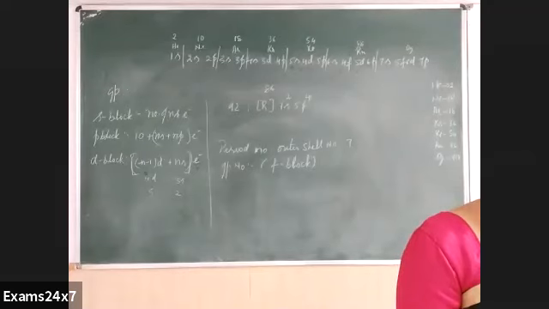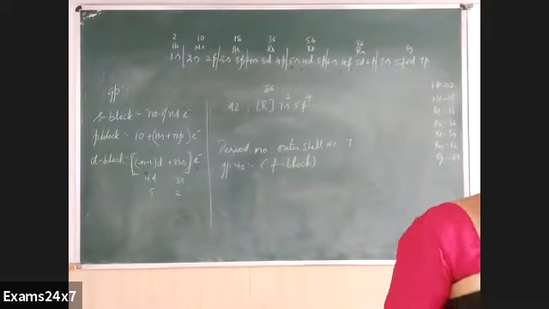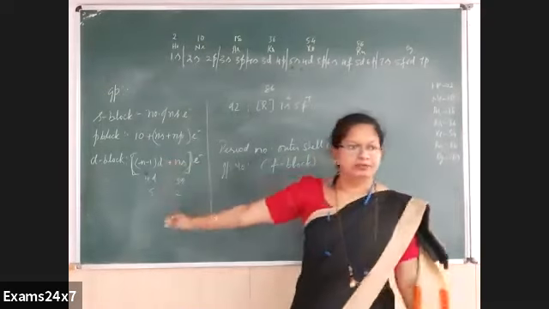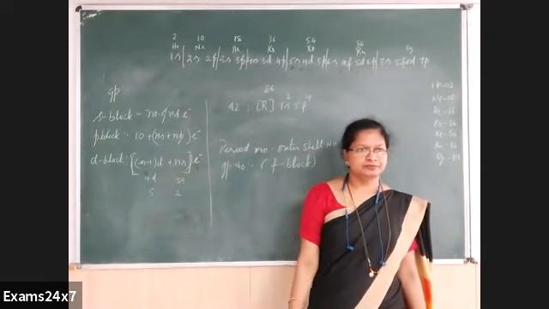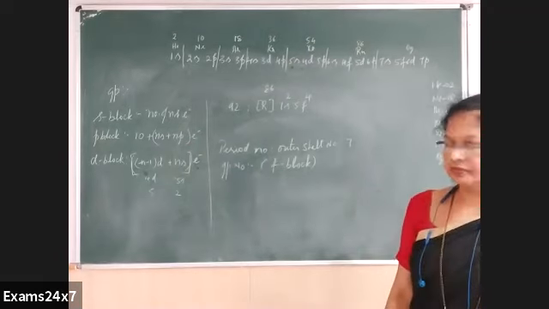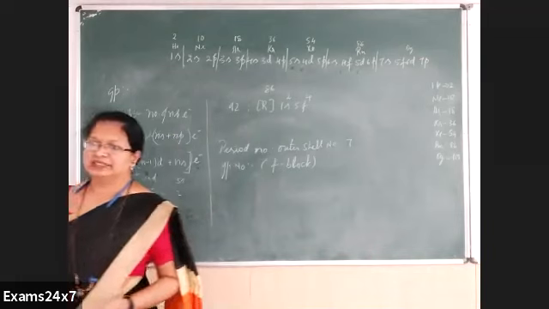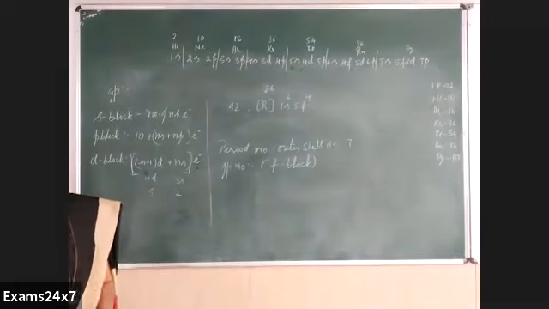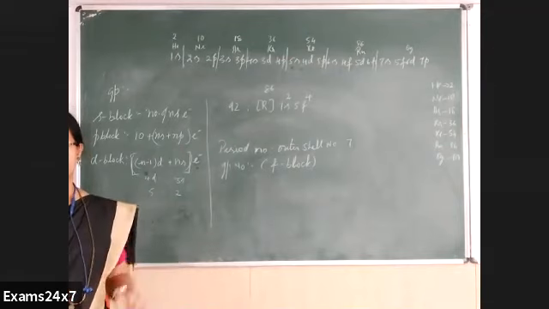Clear? So this is what we require from the previous topic, which was taught. I have given all this list in the previous topic. You can practice for a few more elements. Take any number and see in the periodic table. You have the periodic table in the textbook. Compare whether you get the positions right or wrong.